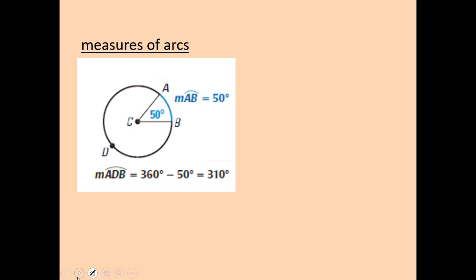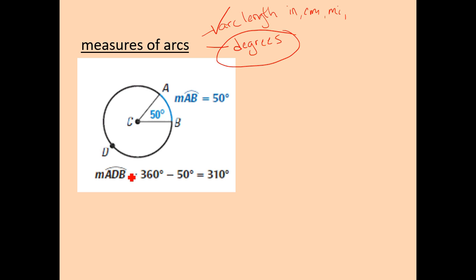So when we talk about measurements of arcs, we can use arc measurement two ways. We can talk about arc length, that's how long it is, like in inches, centimeters, meters, miles, whatever it might be, or we can talk about it in degrees. So these two ways are the major ones that we talk about measurements of these arcs. For us today, we've already done arc length this year. We've already talked about how to do the degrees over 360 equals the arc length over 2 pi r. Okay, we've already used that formula,